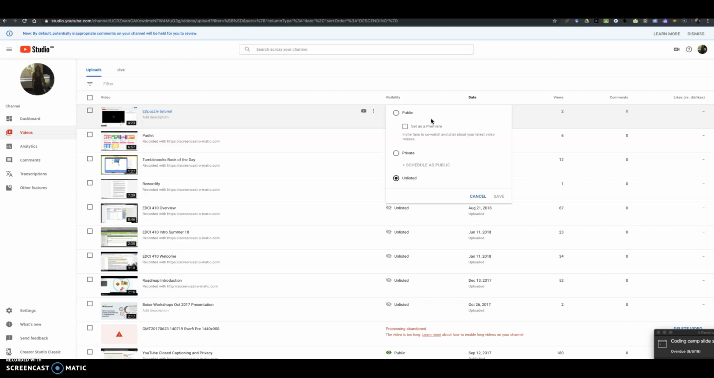On the flip side of that, if you make it private, then nobody can get to it. In fact, you have to actually share it with somebody else's Google account in order for them to be able to access it. So I usually don't make mine private either because it doesn't really make a lot of sense